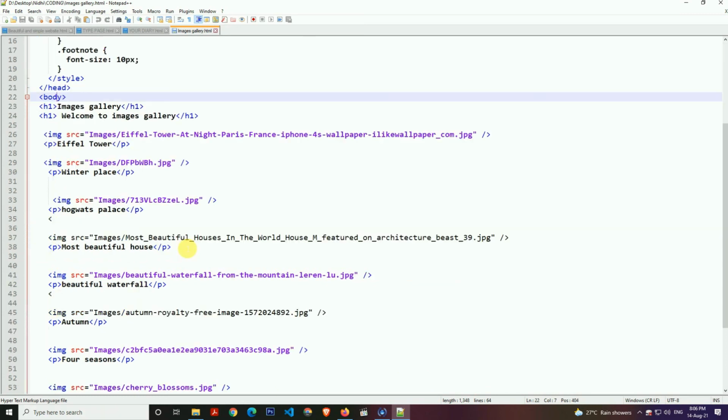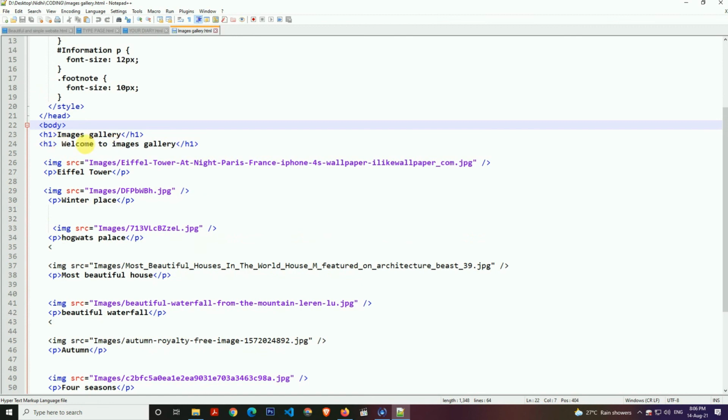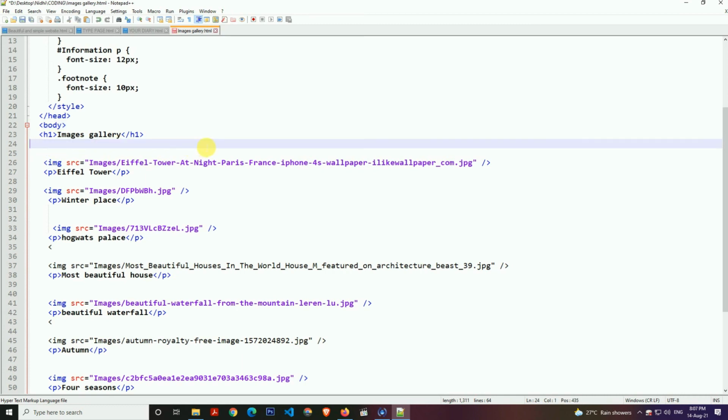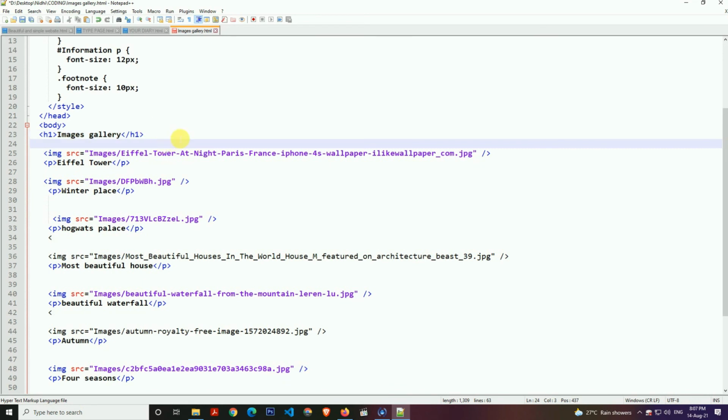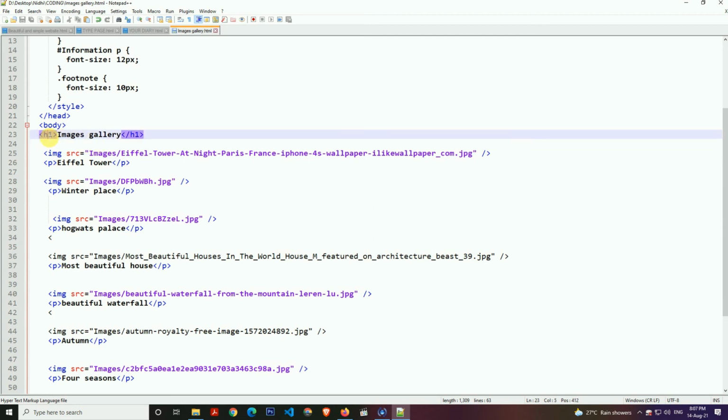Now open the body. Now see, we have done this over here, images gallery. So I think this welcome to the image gallery is not more important. Ctrl S. Okay, so now this is not very important, this images gallery. This welcome to the images gallery, this is the important images gallery.